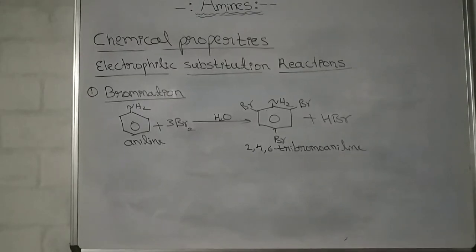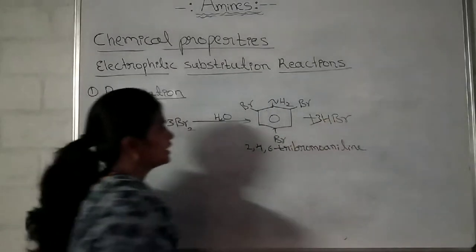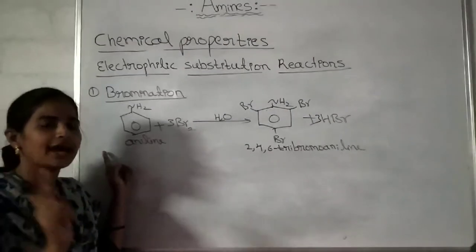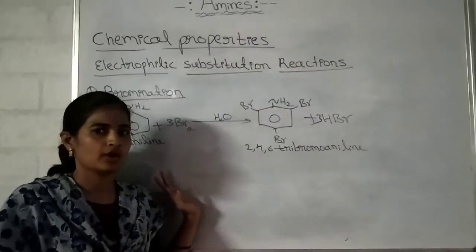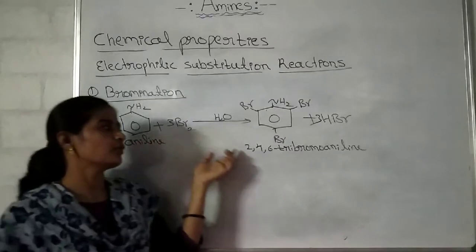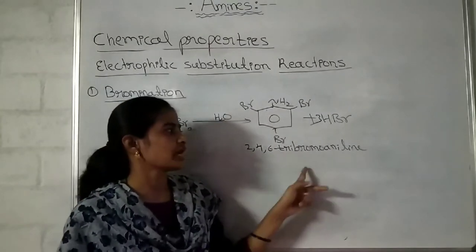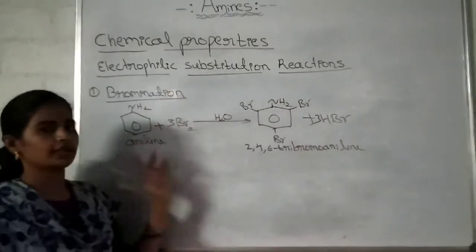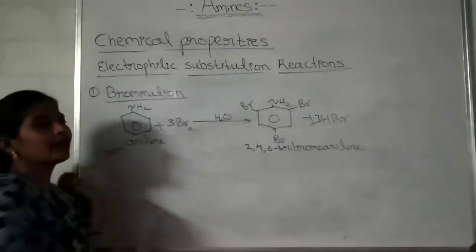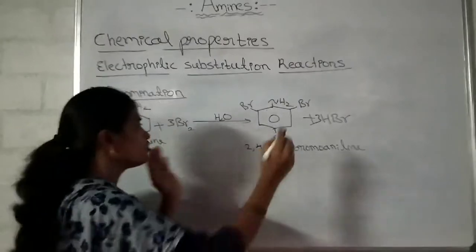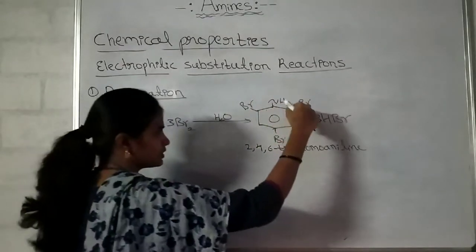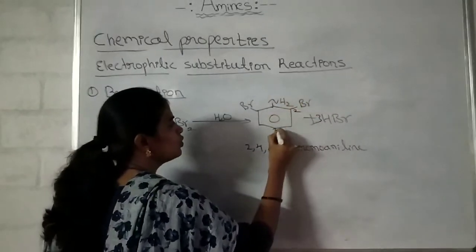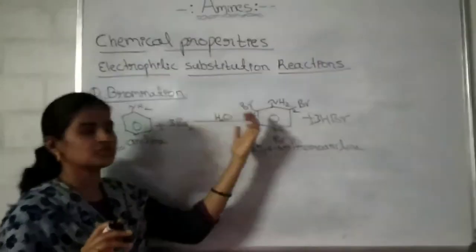Okay, just observe this. Three times HBr. Once in the annual examination, a question was asked: what happens when aniline is treated with bromine water? What you should write? When aniline is treated with bromine water, 2, 4, 6 tribromo aniline is formed, and you have to write this reaction. Got it? Okay, but this is not the actual bromination reaction. Here I got a tri-substituted product, at positions number 2, 4, 6. All the three positions have been substituted.